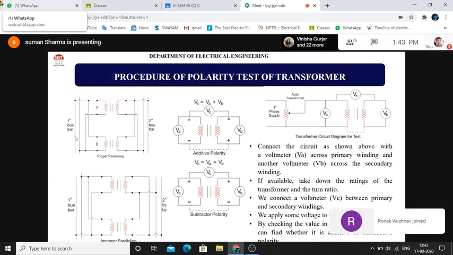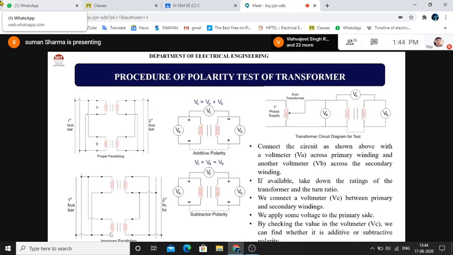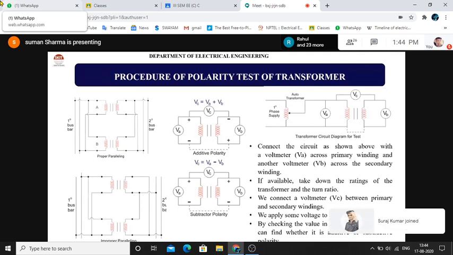Now, improper or wrong connections of parallel operation which leads to dead short circuit are that you are connecting the top terminal to top terminal and you are connecting it to neutral. You are connecting this, means primary side is okay, that is you are connecting the terminals and connecting to bus bar, but the secondary side connections are wrong because you are connecting bottom terminal to top terminal. So this is wrong. Primary side is correct, but secondary side is wrong. So it will lead to dead short circuit and it should be avoided.